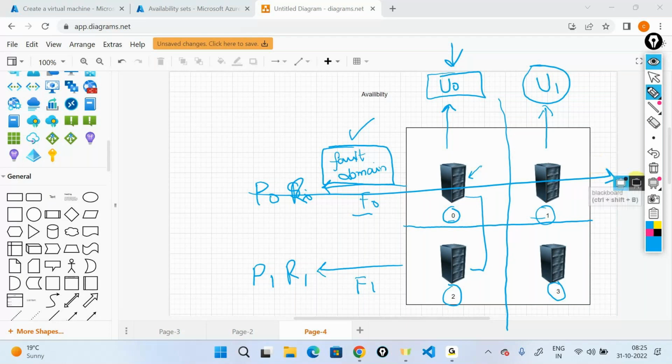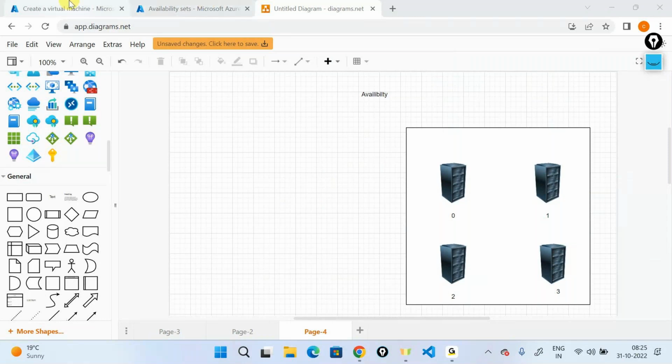Servers 0 and 2 are not available because an update is going on. At the same time, 0 and 1 are not available because you have a fault failure. But you have 3 available. Microsoft is now saying at least one server should be available at any point in time. At any point, at least one server is available, and Microsoft also gives you the freedom to go ahead